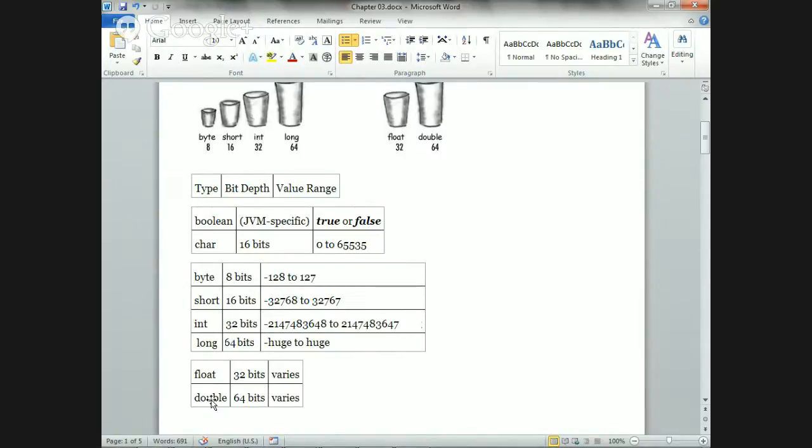Float is really meant for something similar to SQL, which we're talking about. It's used for scientific applications where we're using huge numbers, and you don't really care about exact precision. But double, yet again, is more precise than float. I'm not going to get into the details, but in general, as follows: